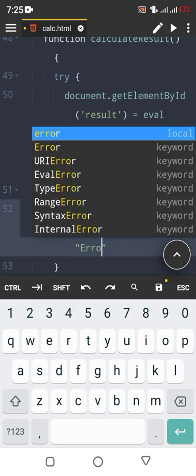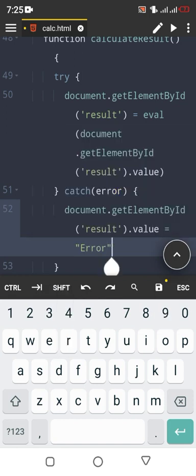For example, if there's an error in your calculation, this one is going to show up. So you're just going to see a message like this in the input field. It tells you that you have an error. That's it. So right now I think we are done with everything that we need to do except for the